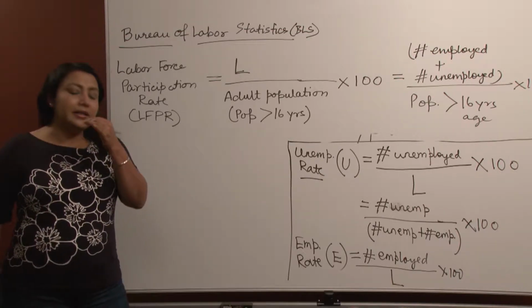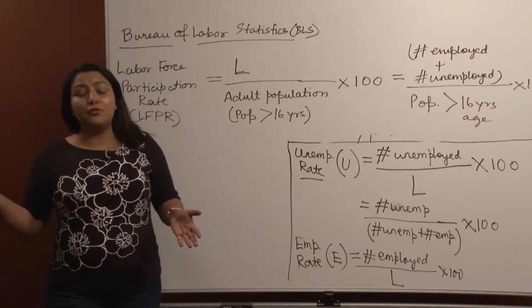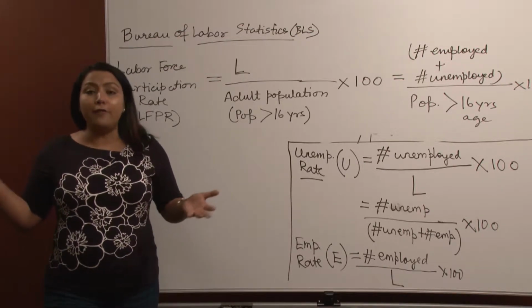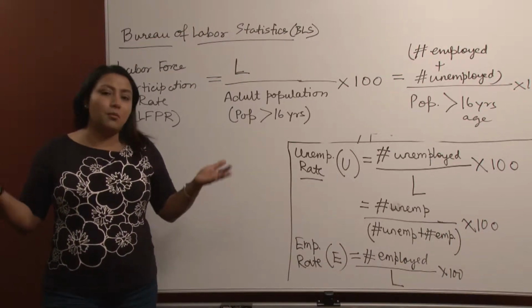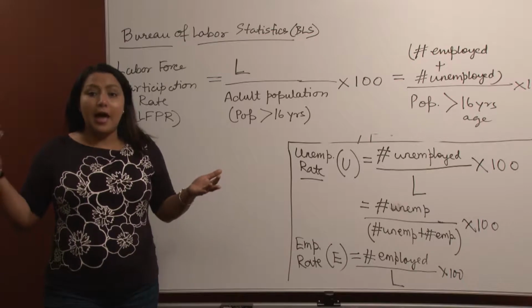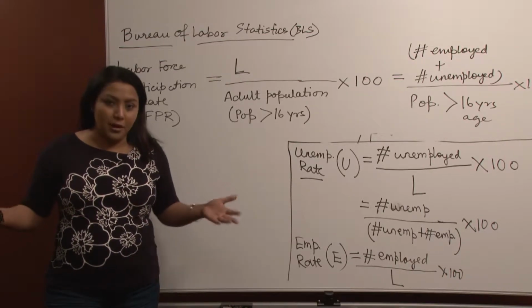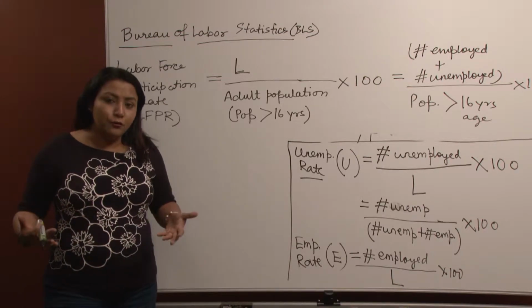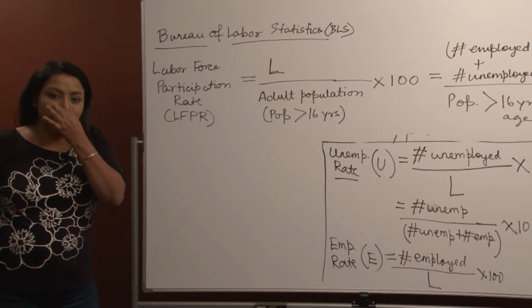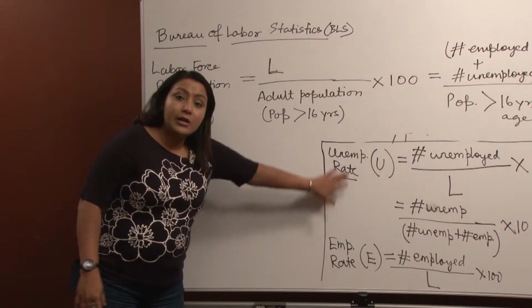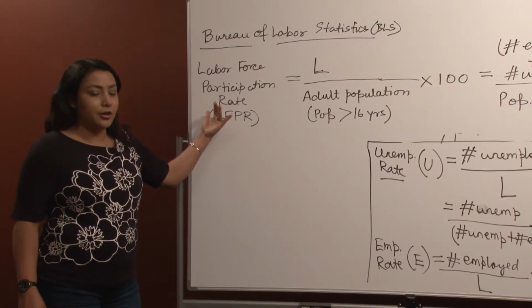But if I say that the unemployment rate of USA is 1%, but the unemployment rate of India is 4.5%, well, you do get some economic information out of that, that India has more unemployed people, but it is not really a good tool for comparison. A better tool for comparison of labor markets across countries would be the labor force participation rate. So these are good for intra-country comparison, and this is good for inter-country comparison.